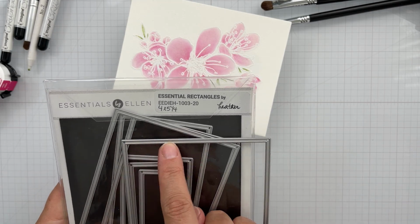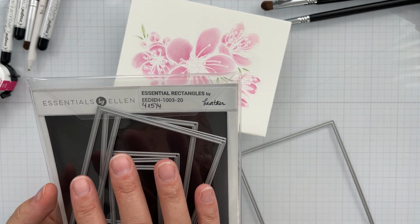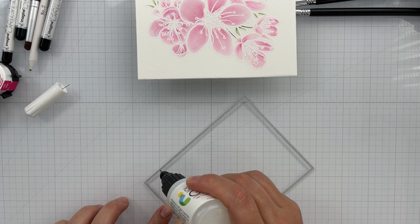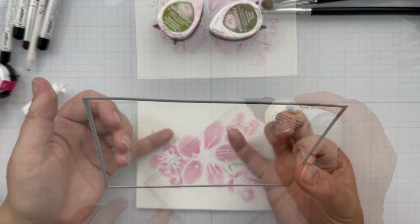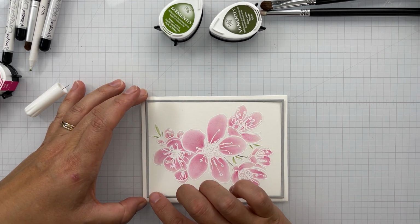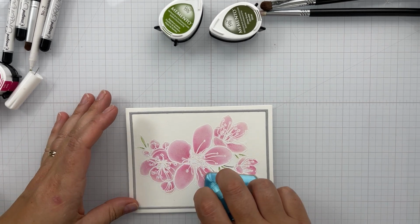And now I die cut my panel, so it's 4 1/4 by 5 1/2 now. And now I'm taking the Essentials Rectangles by Ellen. They cut out your rectangle, but they give you a frame, a skinny frame. And what's great is you get like 15 dies, so you get all the size ranges. The front side would be your 5 1/2 by 4 1/4 measurements, and then the other side is all the other in-betweens. So I'm using one of those dies to create this panel out of some Star Dream metallic in silver cardstock